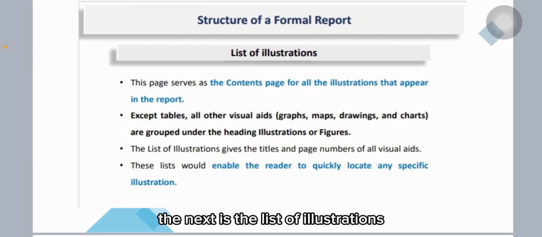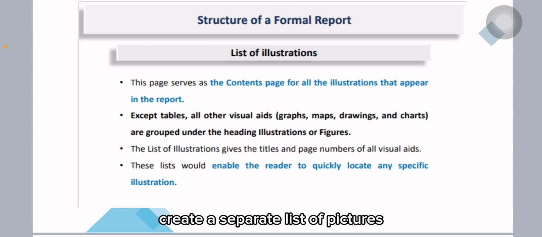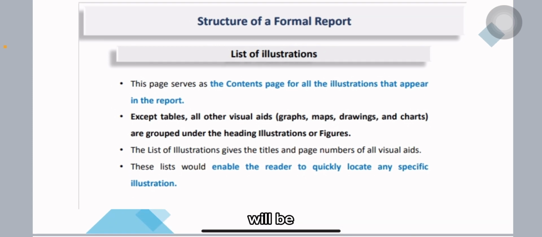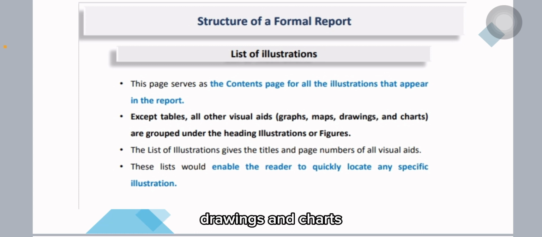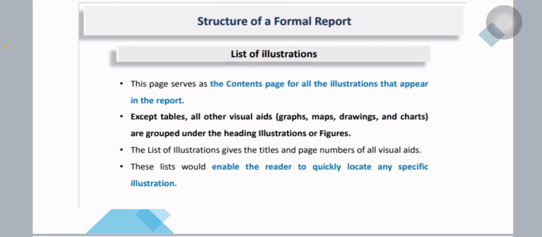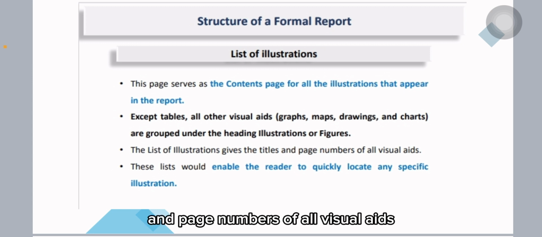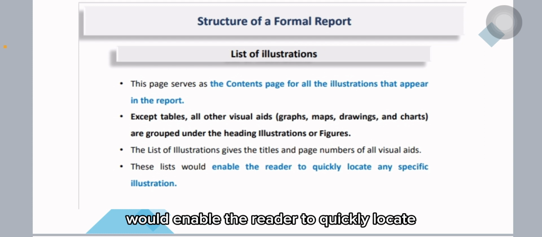The next is the list of illustrations. So if your document has two figures or tables, create a separate list of pictures. All the illustrations that appear in the report will be listed, except tables or other visual aids, graphs, maps, drawings, and charts, because they are grouped under illustrations or figures. The list of illustrations gives the titles and page numbers of all visual aids. This list would enable the reader to quickly locate any specific